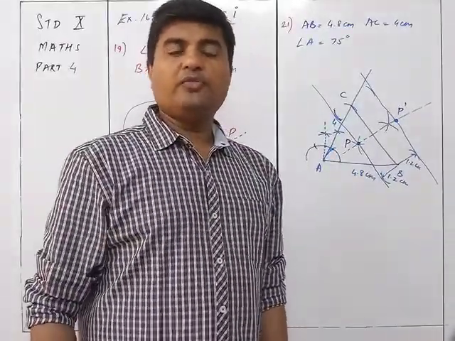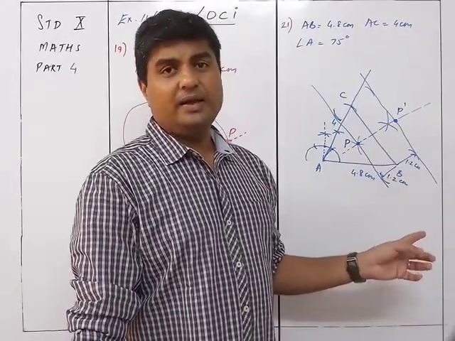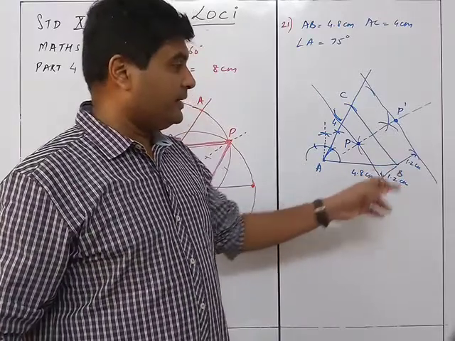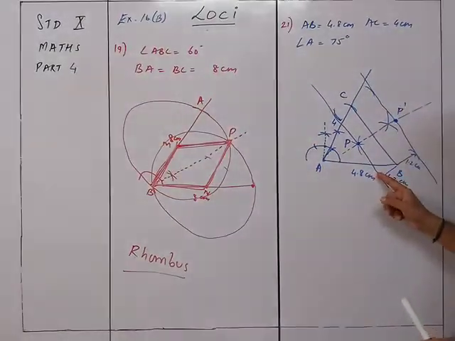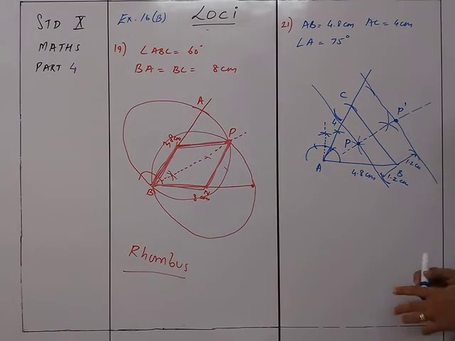Okay. If you find that this method is not allowed, as such they should allow. But in case you like that, then in that case you can draw a perpendicular here and then mark a 1.2 arc and draw the second perpendicular. So you can draw it that way also.